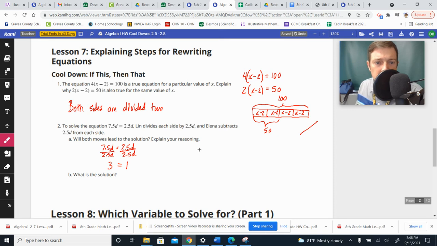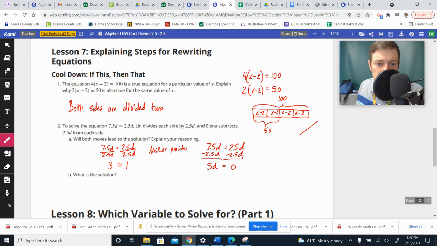And then for Elena, if you do what she says to do, she says take the equation and subtract 2.5d from both sides. So we're going to take 2.5d's away from this, and we're going to take 2.5d's away from that. That wouldn't leave me with 1. That would leave me with 0. And then if I subtract 2.5 from 7.5, that would leave me with 5d's. So neither one of them gives you a solution. So we could say neither